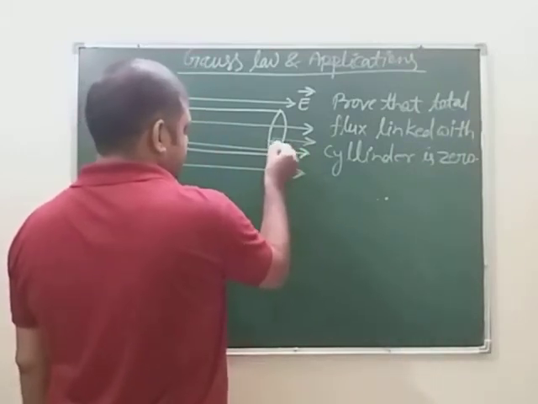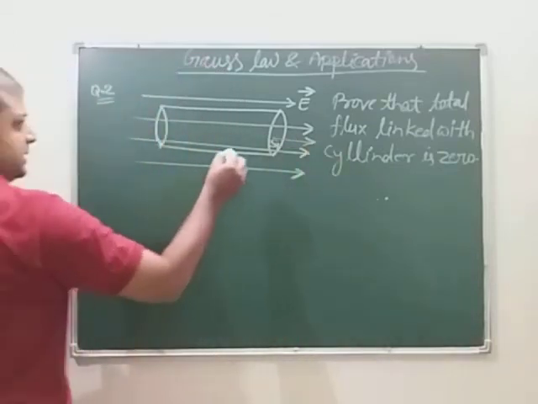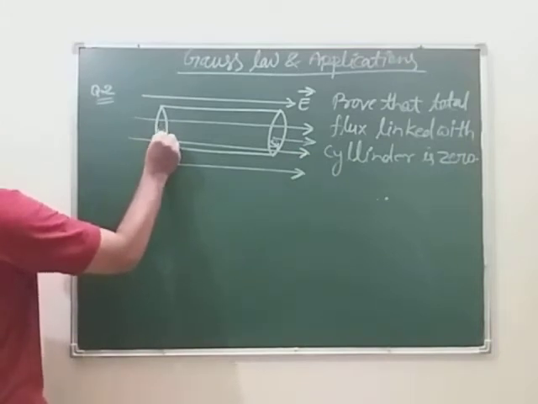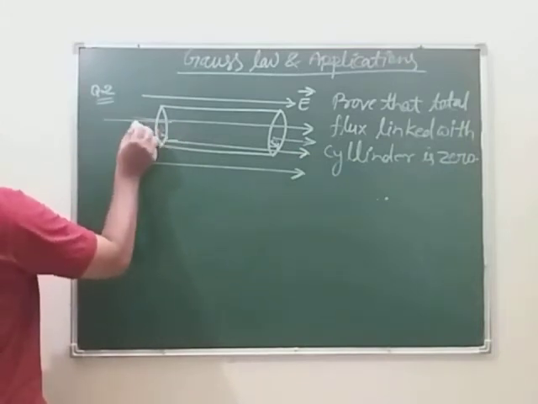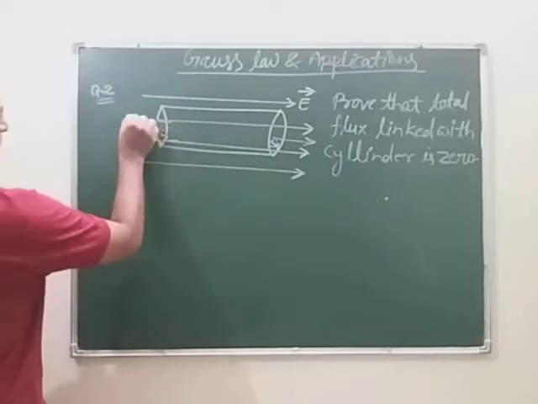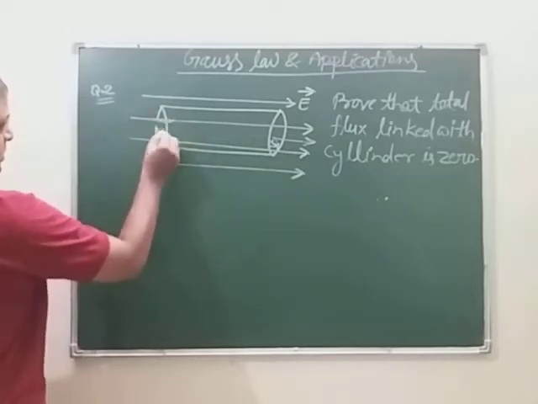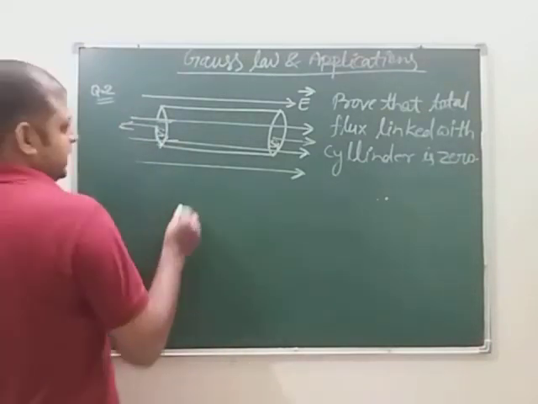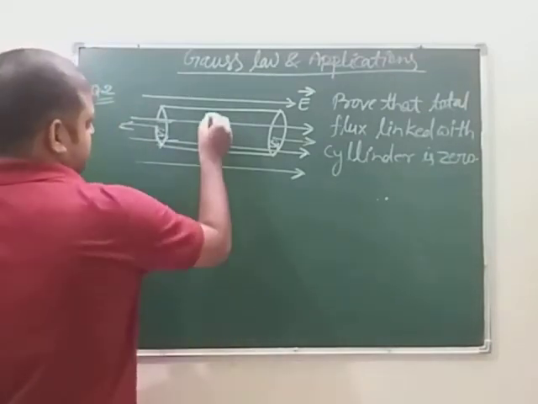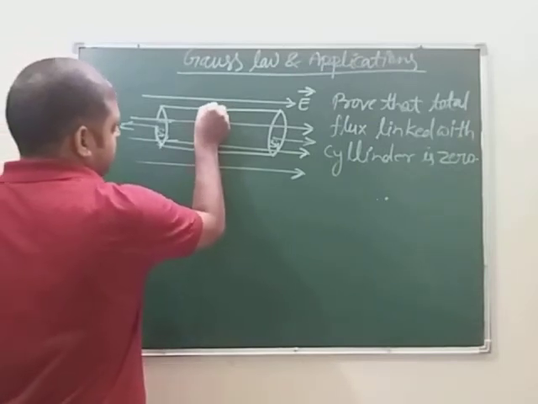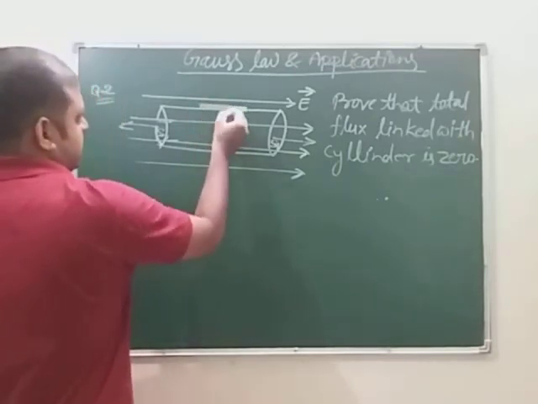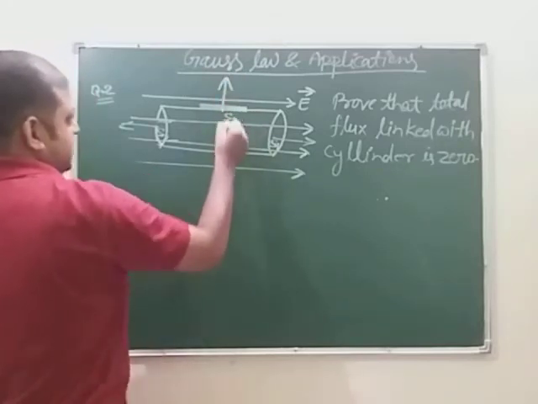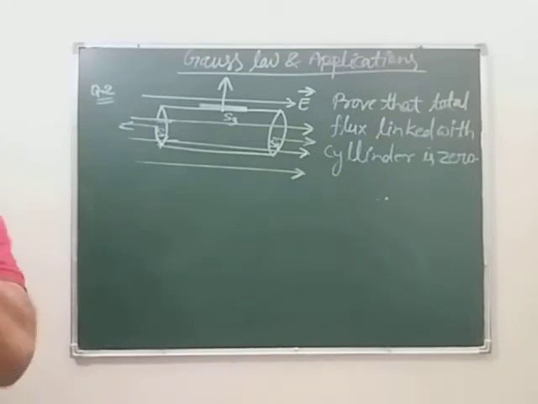Take this surface S1, then the area vector will be perpendicular like this. The area vector is perpendicular to the surface. Take this surface S2 and the area vector will be perpendicular to the surface S2. One surface is this, and you can take one surface here, and the area vector is perpendicular to the surface. This surface is taken as S3. So consider 3 surfaces,